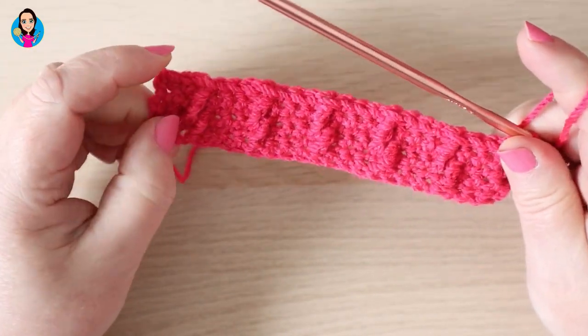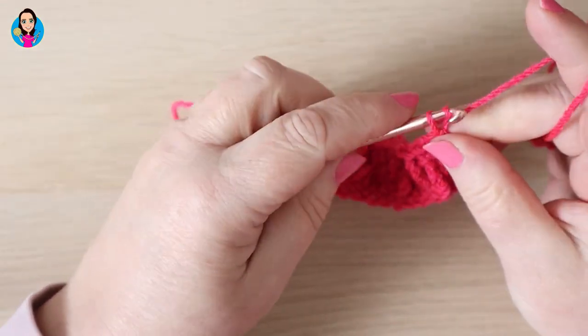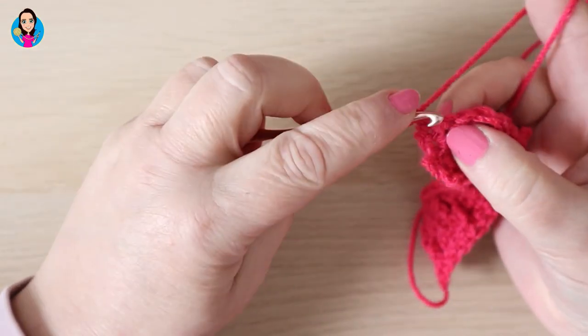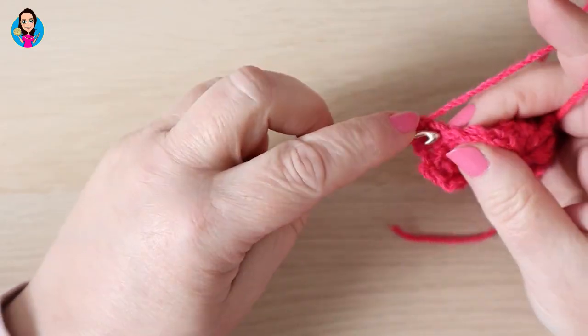So now we're just going to repeat rows 5 and 6. So row 5 is a returning row of double crochets. So chain 1, turn, work your row of double crochets,